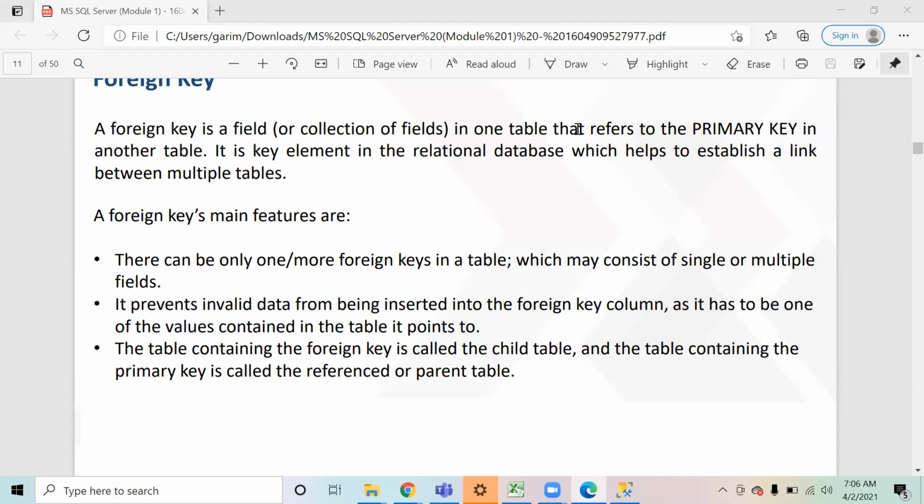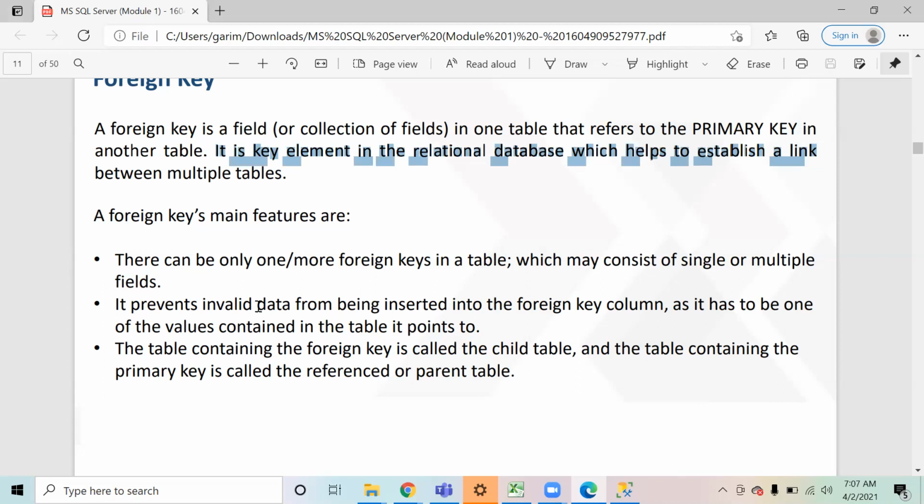Okay, so a table can have one primary key, but it can have multiple foreign keys, right? So it is a key element in the relational database which helps to establish a link or a relationship between multiple tables. There can be one or more foreign keys in the table, which may consist of single or multiple fields. What is the use of foreign key?